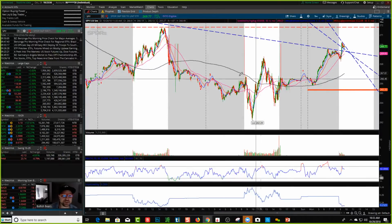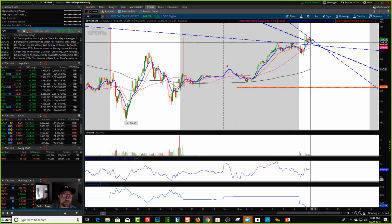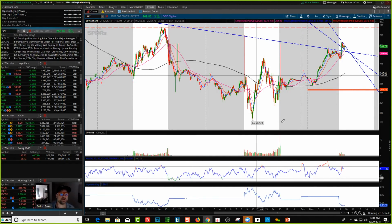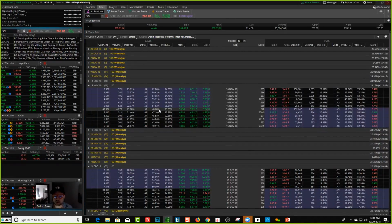So this is where you could come in here again. I don't like this per se, but just again, to show you an example. If you're thinking, oh, that's a possible bull flag, you think it's going to break out, has a chance to go up potentially $1 to $2. This is where you might come in and say, well, okay, maybe I'll go get an